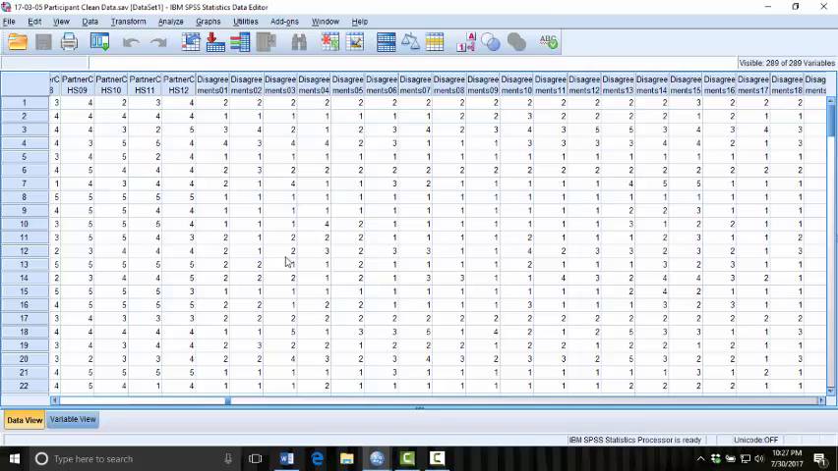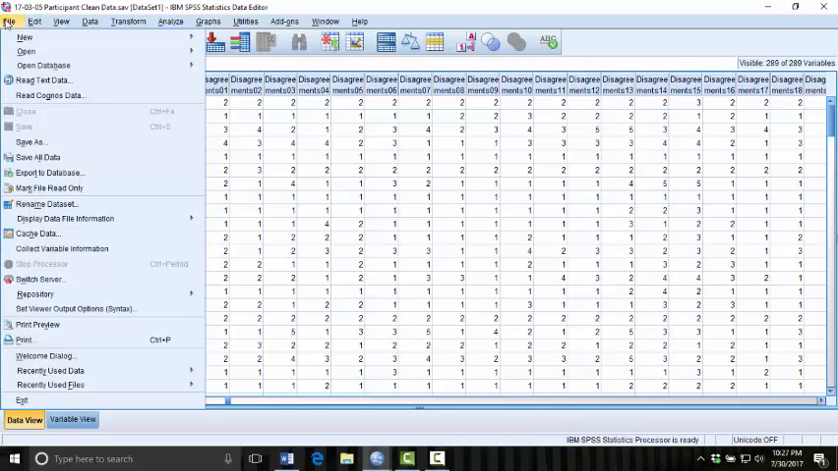Another reason is it's a nice way to keep a log of everything that you've done with the data file. And the third reason is because it can help you to more easily identify any errors that may have been made. So you can actually open up any one of these types of files just by going to File, New,